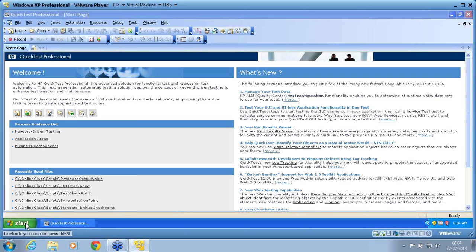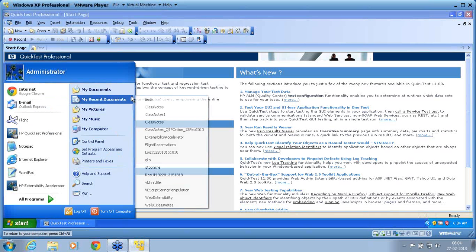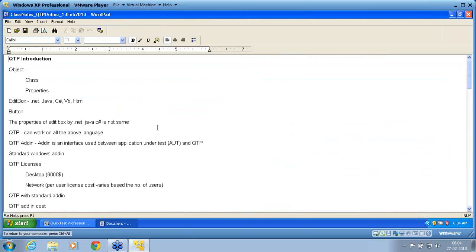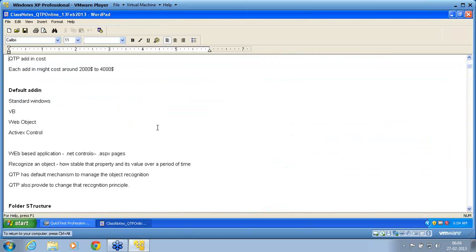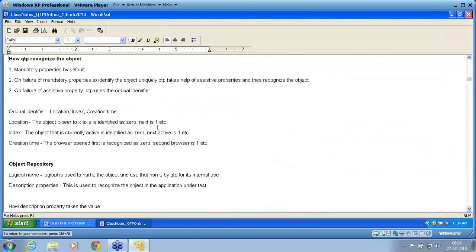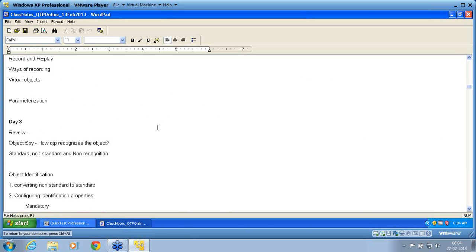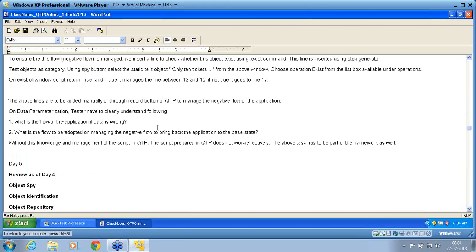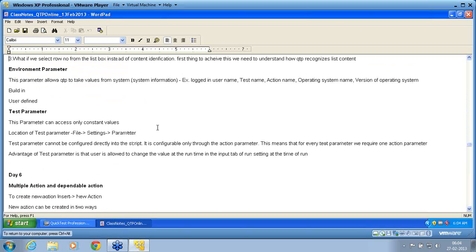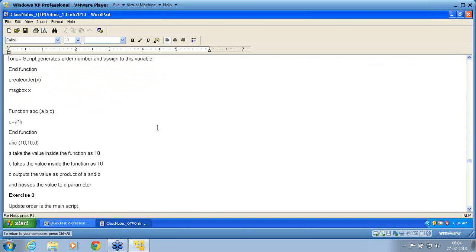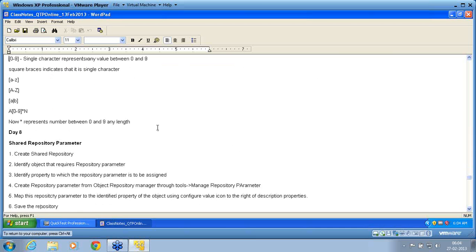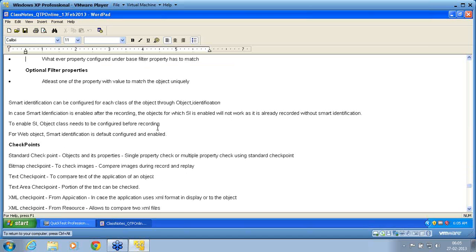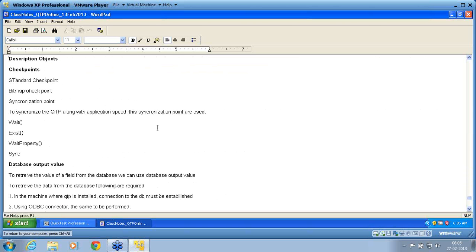In database checkpoint, there are two types of checkpoint. One is default checkpoint, that means comparing two databases. I compare two tables and then I manage the script. That we call a default checkpoint. The second checkpoint is runtime checkpoint. Runtime checkpoint means